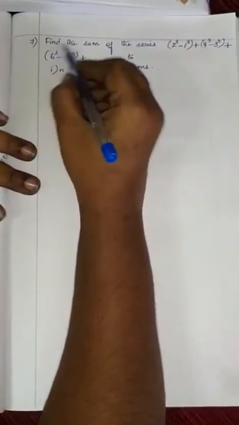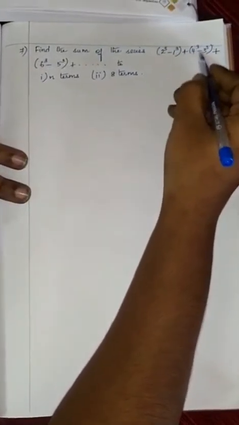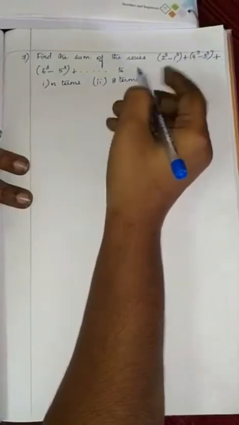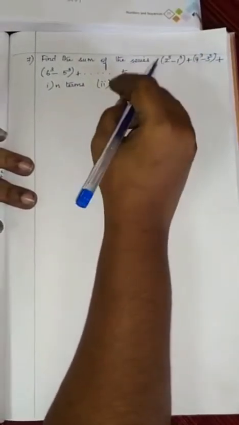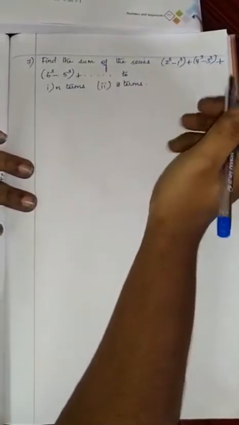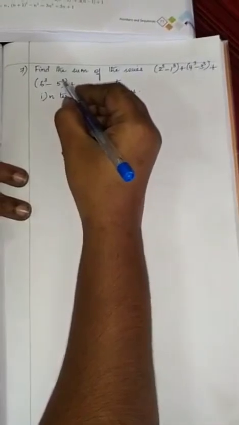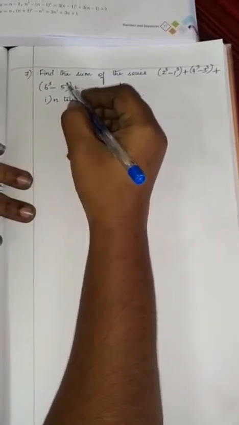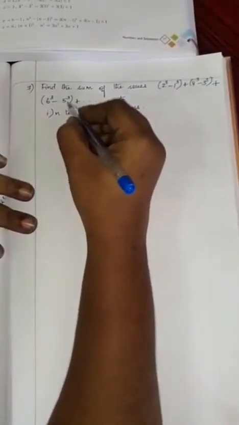The next 7th sum is, find the sum of the series 2 cube minus 1 cube plus 4 cube minus 3 cube plus 6 cube minus 5 cube plus goes on till n terms. They are given, next, till 8 terms. We want to find out the answer. So see here in your book the question is 6 cube minus 15 cube they would have written. That is wrong. So it is 6 cube minus 5 cube. So change this correction in your book also. It is 6 cube minus 5 cube.